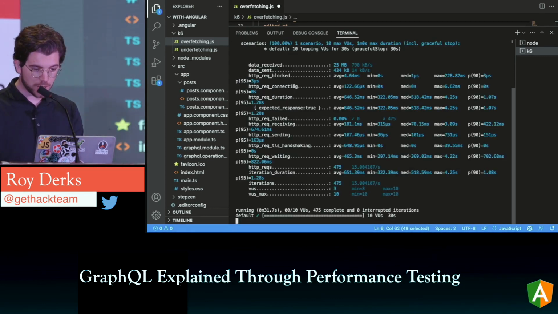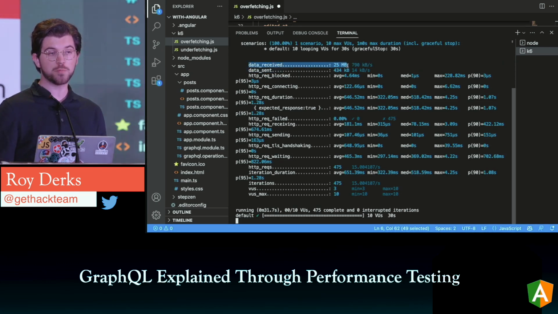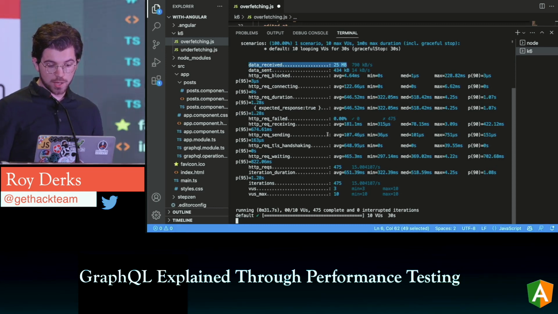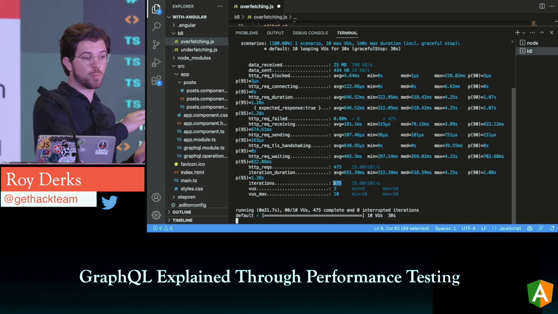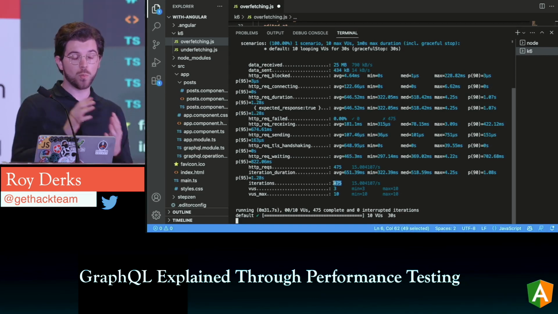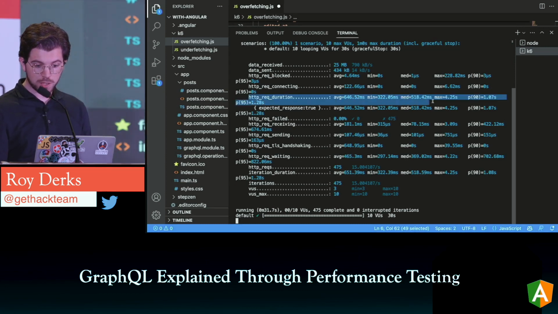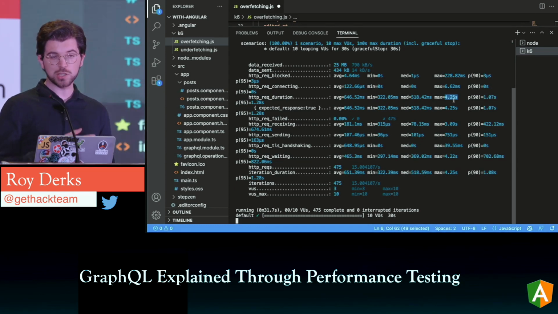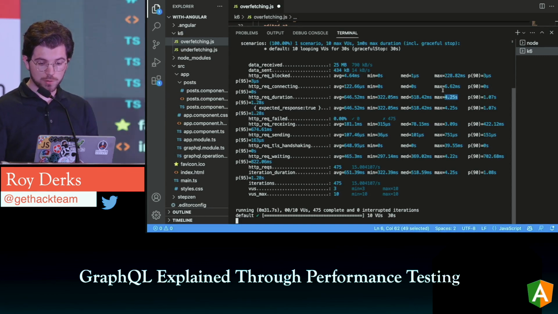So this is the data that we're getting back. There is some interesting data that we can see, and most of all is data received, 25 megabytes. So in these 30 seconds, we've received 25 megabytes of data, and there were almost 500 API requests. So imagine an even more popular website. Imagine maybe having thousands of requests within 30 seconds, and what data this would produce. We also have the duration speed, and you can see the slowest request was like 4.5 seconds. So it's probably also due to the internet speed not being able to send all these requests at the same time, so we might have some timeouts.